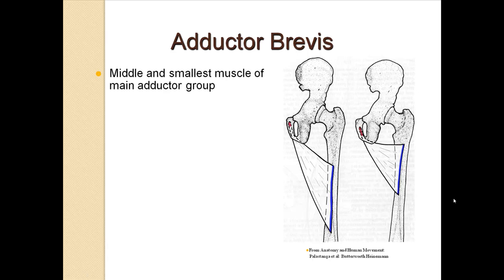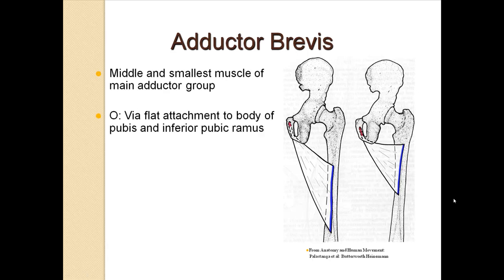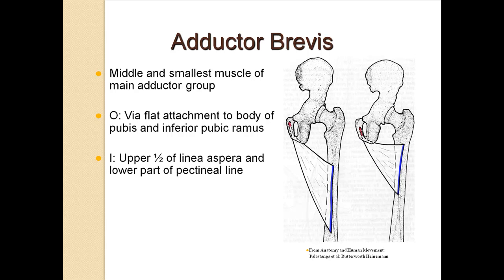Adductor brevis lies posterior to adductor longus and anterior to adductor magnus. This has a broad, flat attachment onto the inferior ramus of the pubis, just below gracilis. Again, it's a triangular shaped muscle, passes downwards and laterally, attaching onto the upper half of the linea aspera and onto the lower part of the pectineal line. It is an adductor of the hip, and again, its nerve supply is the obturator nerve